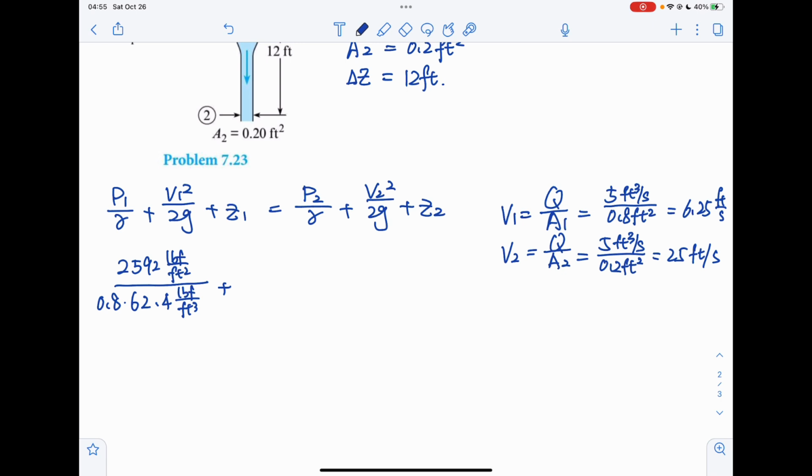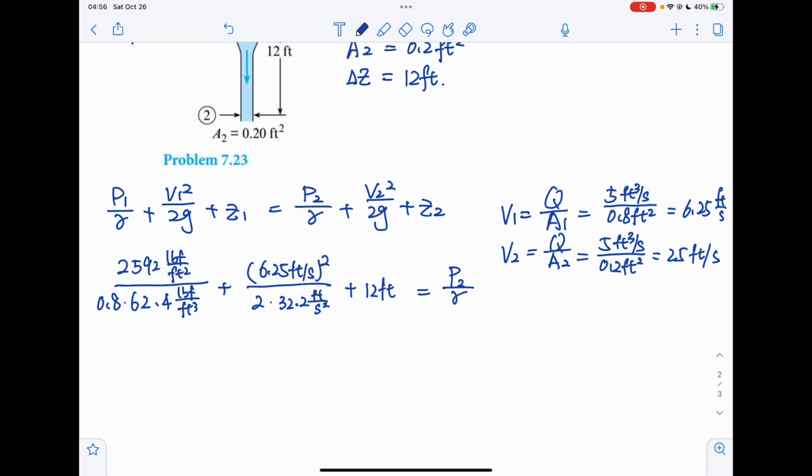And V1 is 6.25 feet per second, over 2 times 0.2. And Z1 minus Z2 is 12 feet, which equals to P2 over gamma